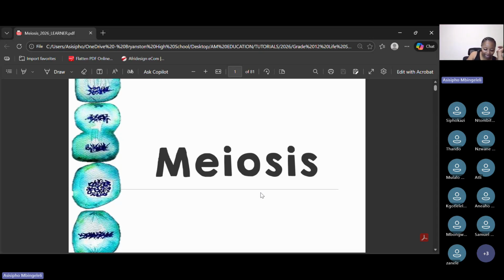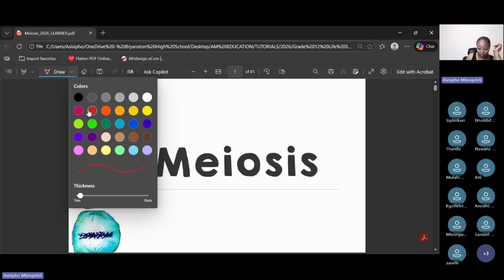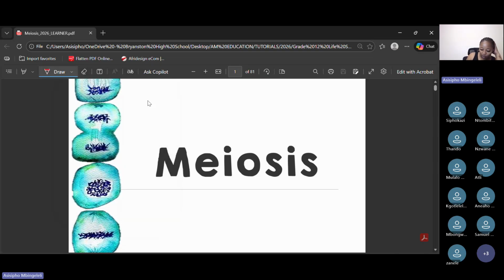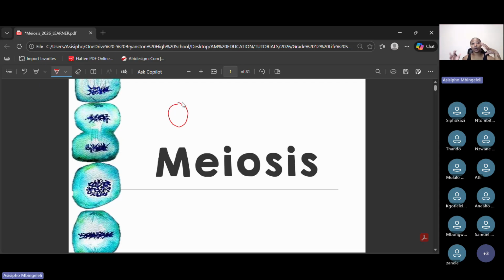This is a type of cell division whereby one cell is going to divide to form 4 cells, but it doesn't divide once to form the 4 cells. So this cell is going to divide to form 2 cells under meiotic division 1. Then at the end of meiotic division 1, both the cells are going to continue with the division in order to form 2 cells each. And then at the end of meiosis, we will then have 4 cells, and these cells are genetically